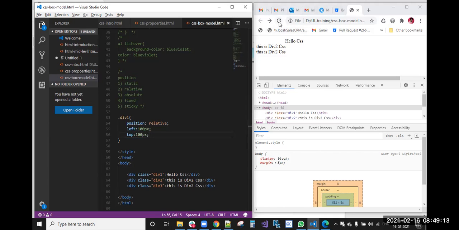Now only hello CSS moved left 100 pixels and top 100 pixels. From here it moved top 100 pixels, right?